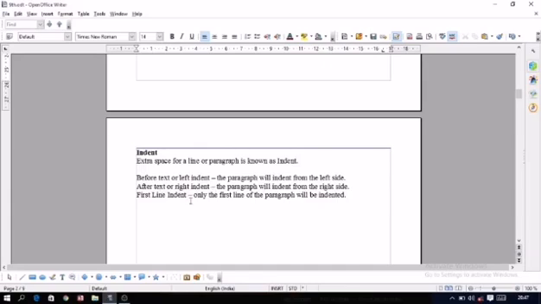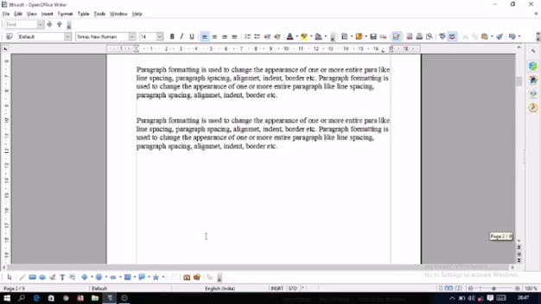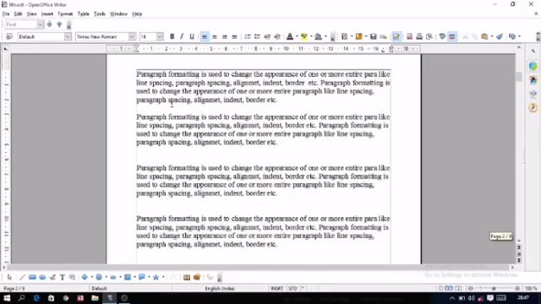After text, that is a right indent, and first line indent. Now I will explain what this is, so that you can easily understand. Take this example. In this paragraph we are not having any indentation, which means the paragraph starts from the very left margin and the text comes till the right margin.